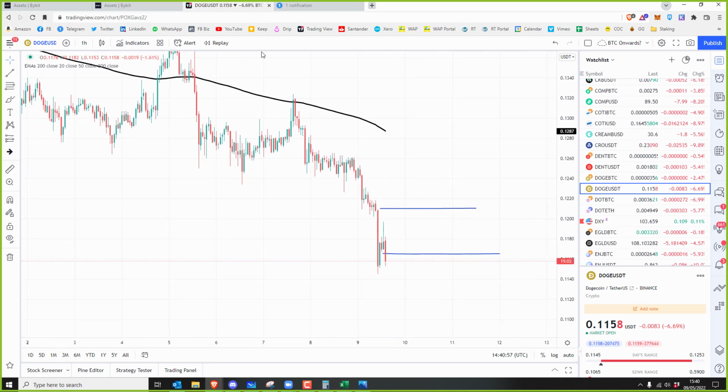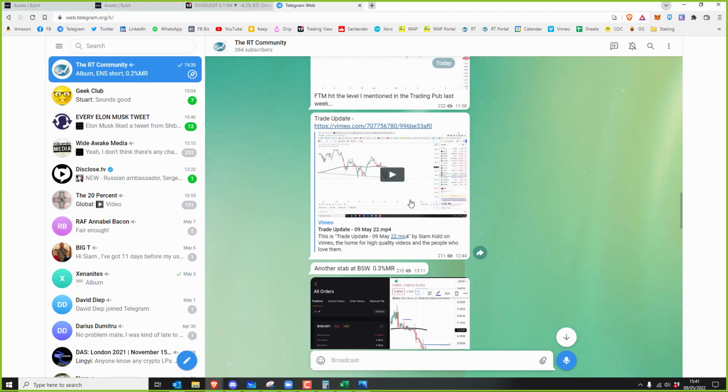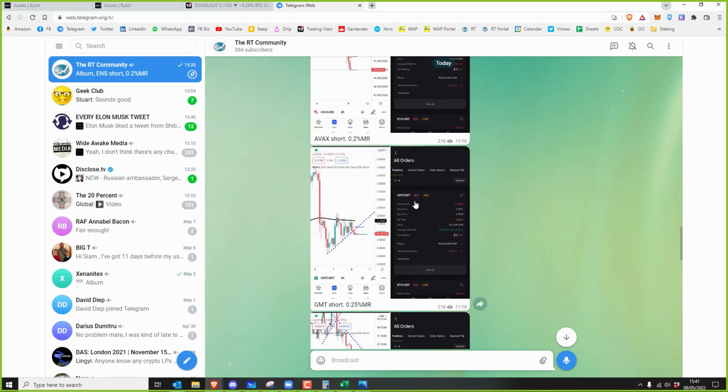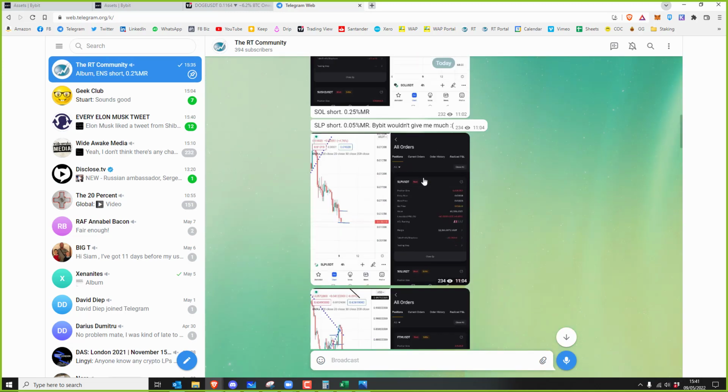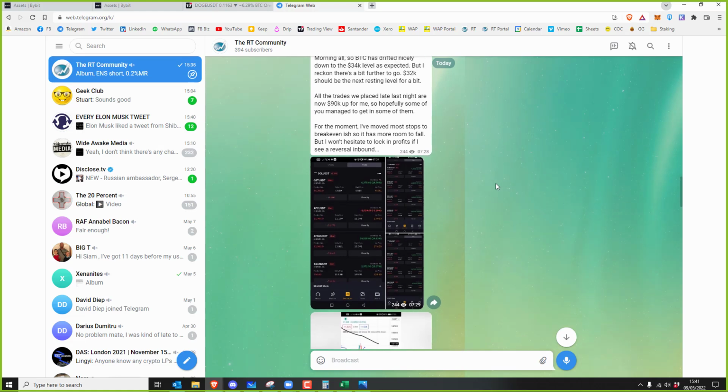Any other questions? Crypto Wonder said, can you go through your lock-in process again? It really depends on the market at the time, if I think there's legs in it still. For example, late last night I placed a whole bunch of trades. If we scroll backwards, this is all today. Sorry if I'm waterboarding you with trades at the moment.